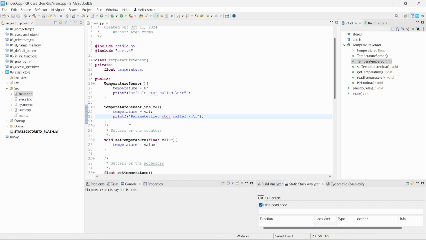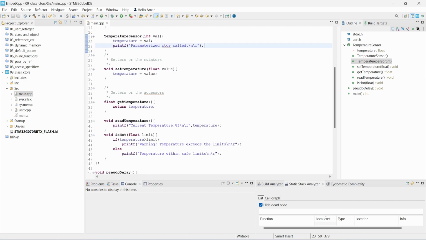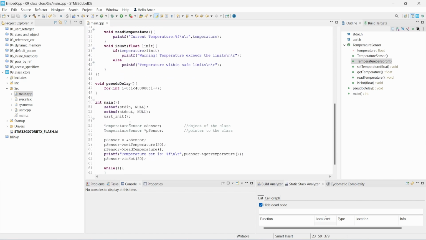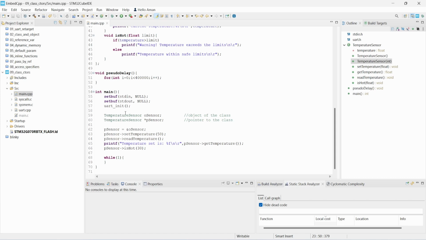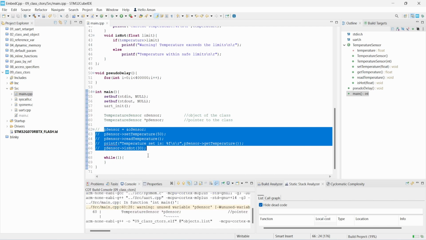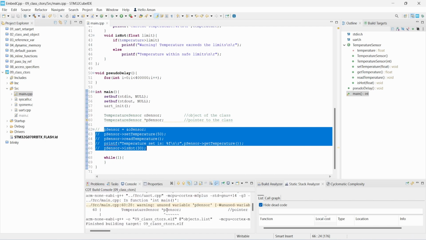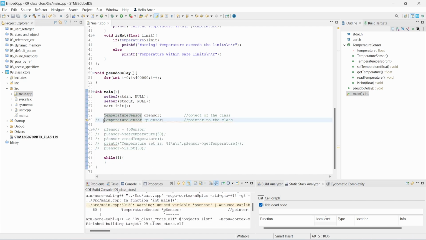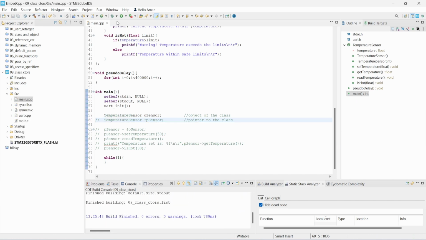There is one another constructor, the copy constructor, that we will learn in later sections. But as of now, let's see about these two. So now we have here one object created, that is object sensor. If I don't use these, I comment it out and build this project. Okay, let's see. So unused variable. Okay, now let me just comment this pointer. And if I build it again and run it on my controller,